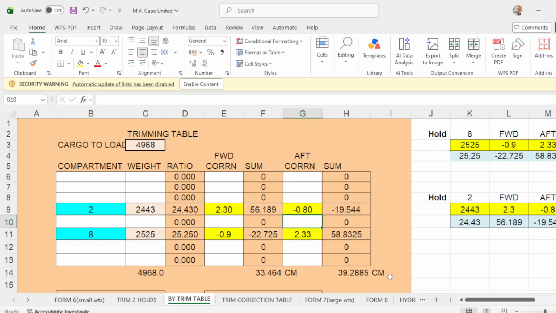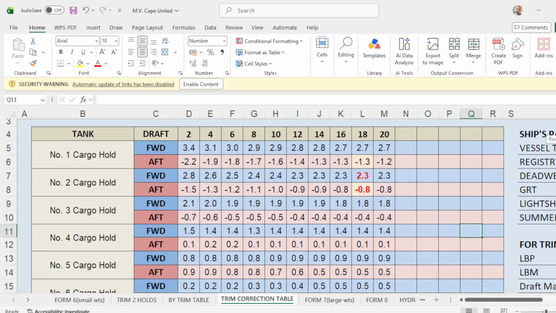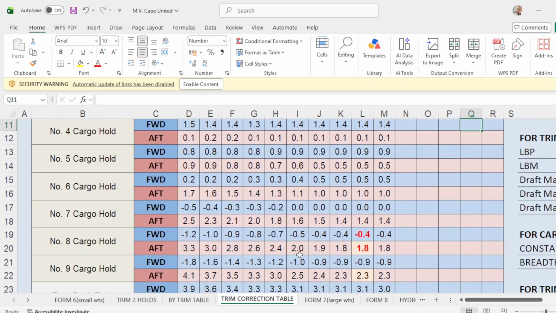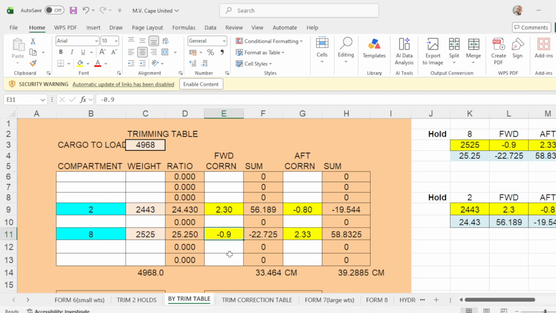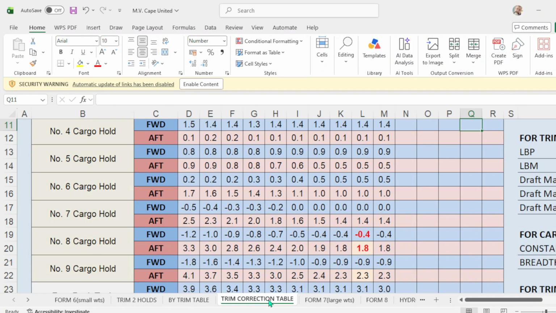Okay? And number 8, forward correction, scroll down, and number 8 is negative 0.4. Put here negative 0.4, and up correction is how much?